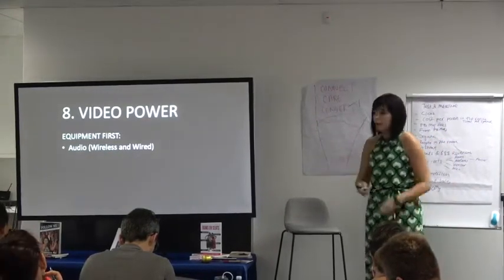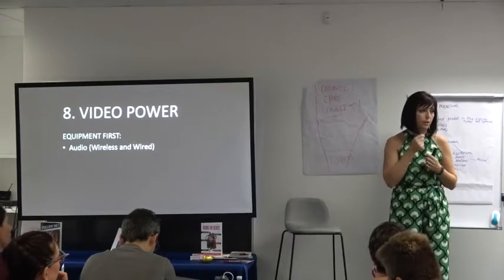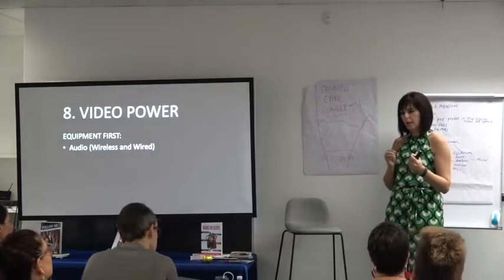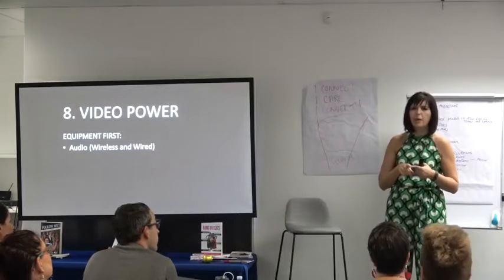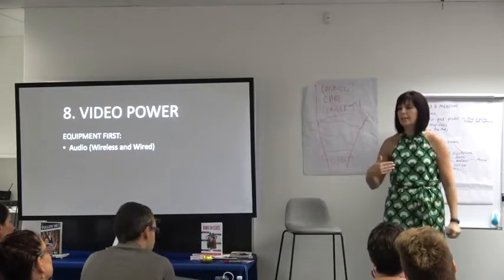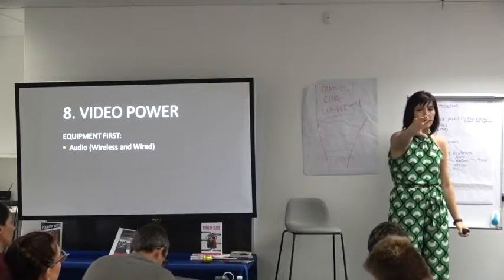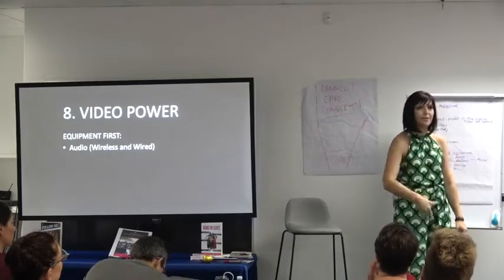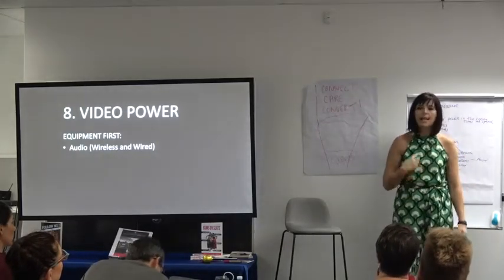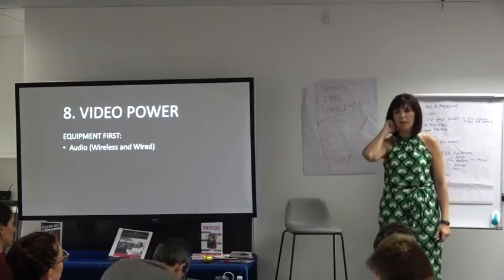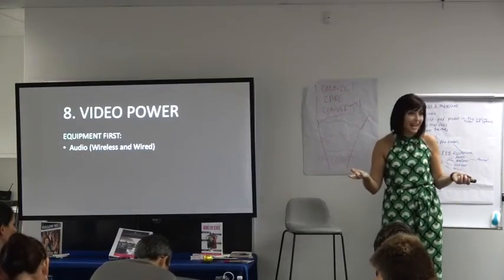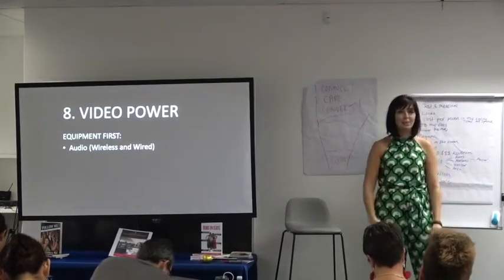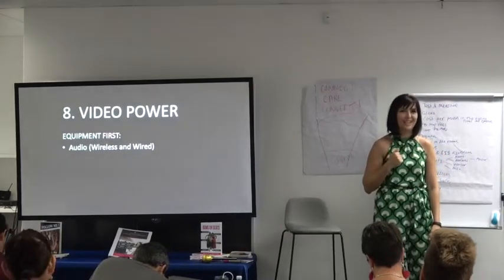Also, you can have wired ones. If you want to use a microphone while you're filming yourself on your phone, you can get a wired one. I got one, I'll post it in our group, with a 5-meter cord. So you can set up your phone on a tripod and come to the front and still not see the wire, because it's quite long, and you can buy it from Amazon and have better quality audio. Not everyone has a camera like the one at the back of the room, but phones nowadays are suitable to do awesome video with, and you can have portable little clickers which make the video start and stop, so you don't have to do a lot of editing, right?